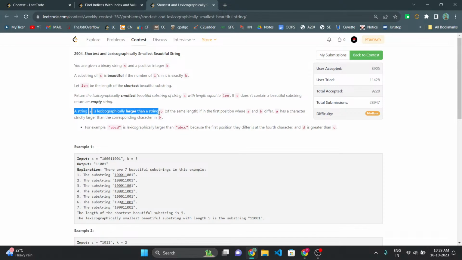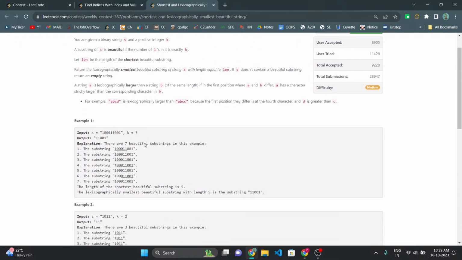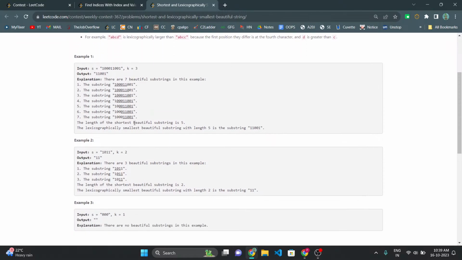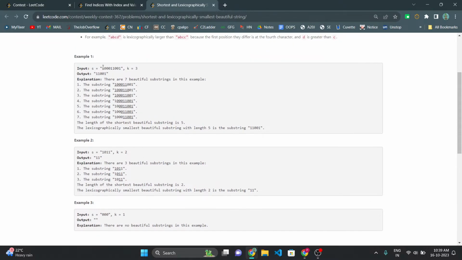So string A is lexicographically smaller than string B, so it should have a zero first, right? Example 1101. Okay, shortest is this. Let's see the time complexity. Oh, it is 100. So this can be done in many ways, right? I can do it in linear time. They are expecting an n-cube solution. So what I will do is, let's say